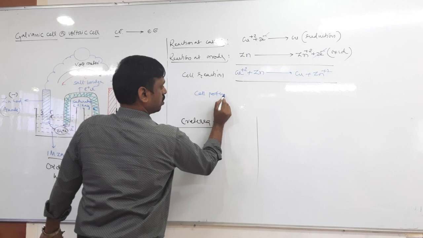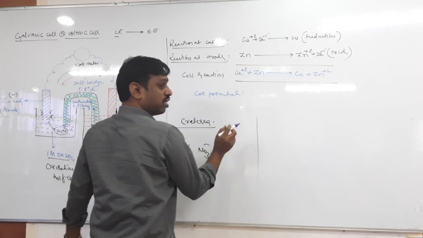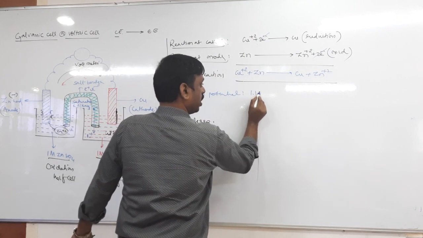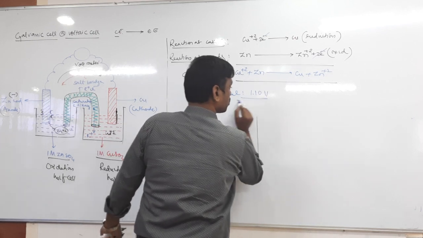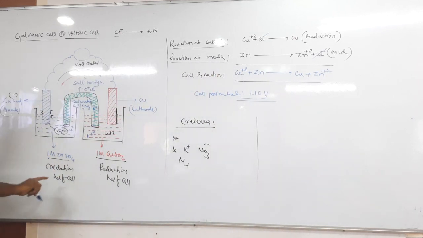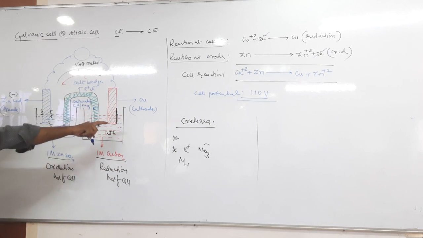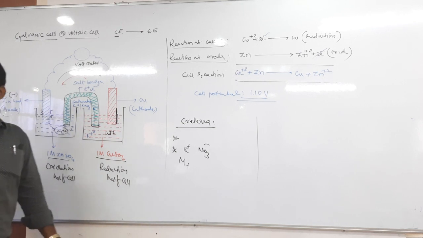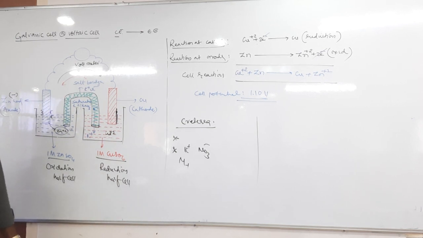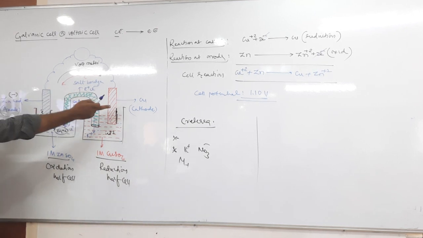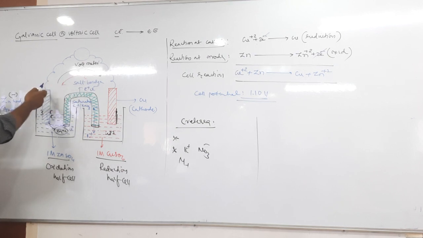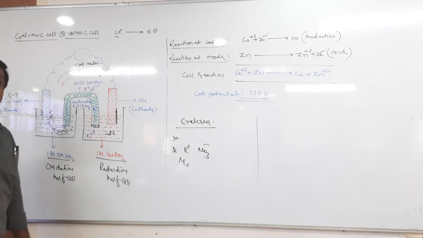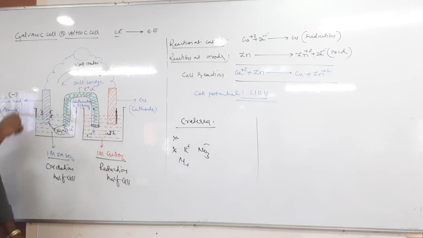Next, what is the cell potential? In this reaction, how much electric current will be produced? It is 1.1 volt. It is fixed. If this condition is applied, like 1 molar zinc and copper solutions, in the Daniell cell, 1.10 volt is produced. So what is the flow of electrons, from where to where? Zinc rod to copper rod, that is anode to cathode. But in the case of an electrolytic cell, we have studied cathode to anode, right? Cathode to anode, where?